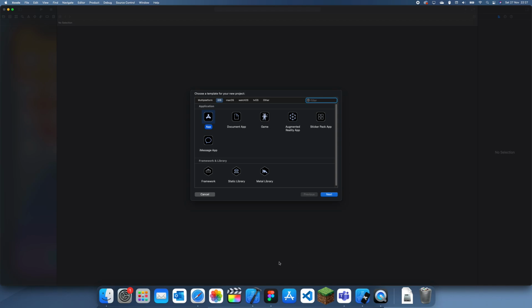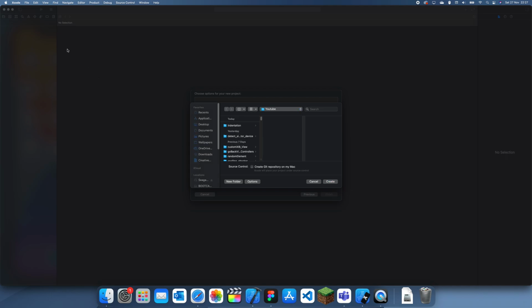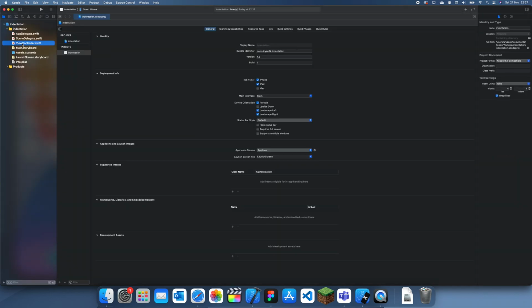Hey guys, welcome back to another iOS development tutorial, and in this tutorial I'm going to be talking about indentation in Xcode, how to use it, and different shortcuts to indent the code in different ways. Indentation is actually a very important part of coding, since it allows you to read the code a lot